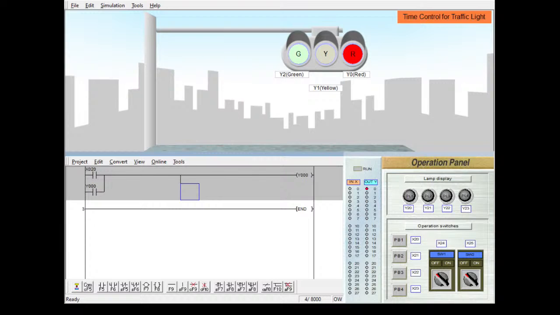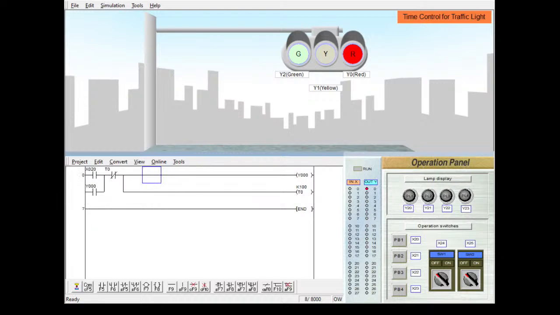Then I have to give him the amount of time he's going to use, the duration for the timer, as far as this particular software is concerned, which is FS Trainer we are using. So for T0, you press a space, you give K to indicate duration. For this, I'm going to be using 100. After pressing 100, I'll press OK. Then here, I'll put the normally close of my timer, which is T0. Pretty simple. You convert, you write to PLC,